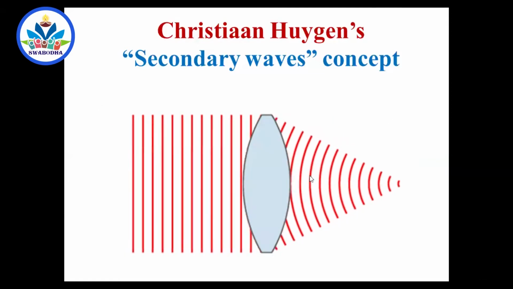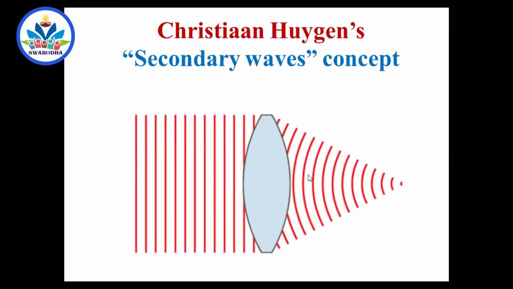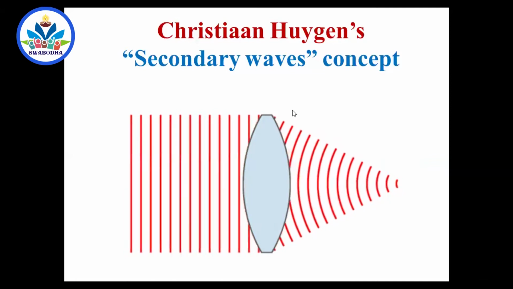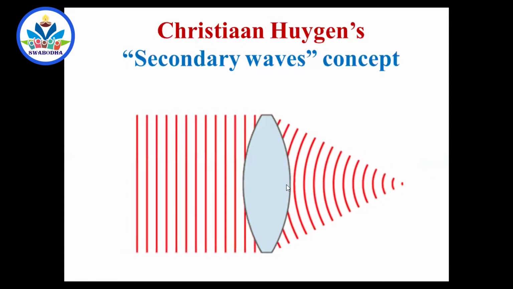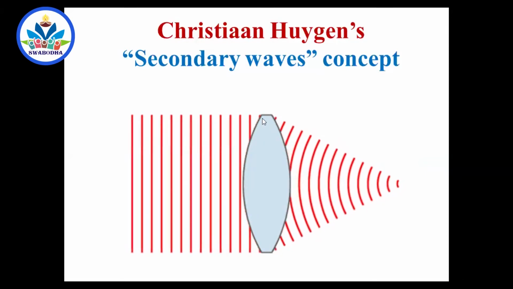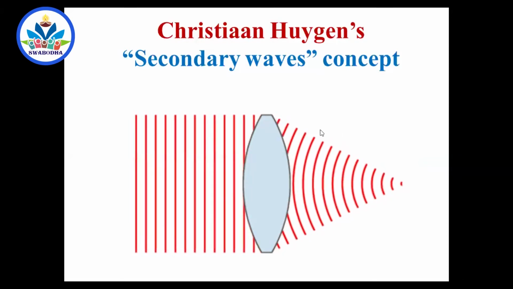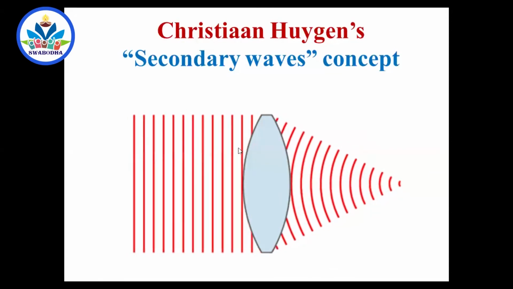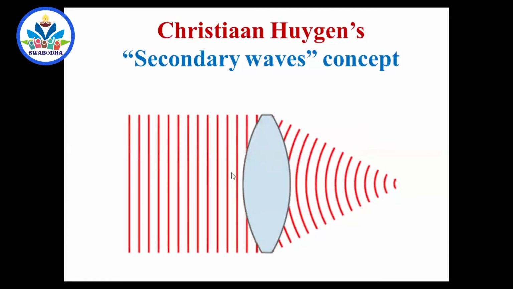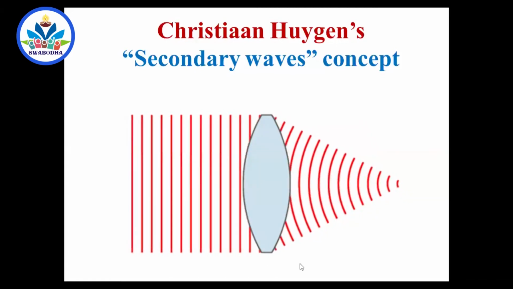Okay, and this is another one, we have discussed it in the previous class. When a plane wavefront falls on a lens, the waves which enter here have to travel more in glass, whereas here they have to travel less. So these waves move forward much more than these waves. So these waves lag behind. So those parallel rays, or the plane wavefront which we call, by the time it reaches here, it will be